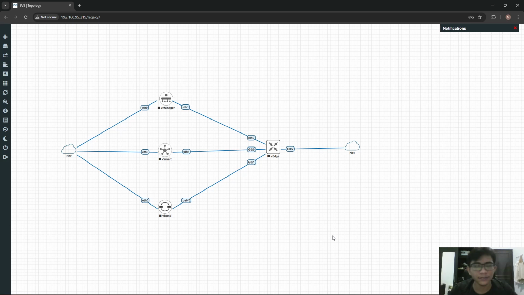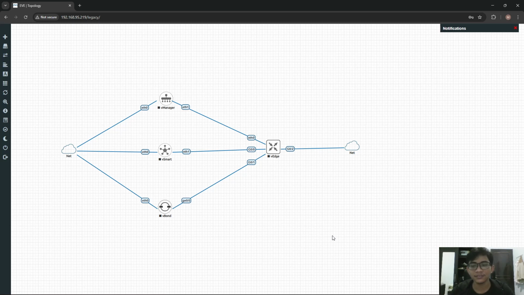For the first, centralized management. In SD-WAN, all of the configuration is controlled from a single dashboard, and we can use this dashboard to manage or configure the network.